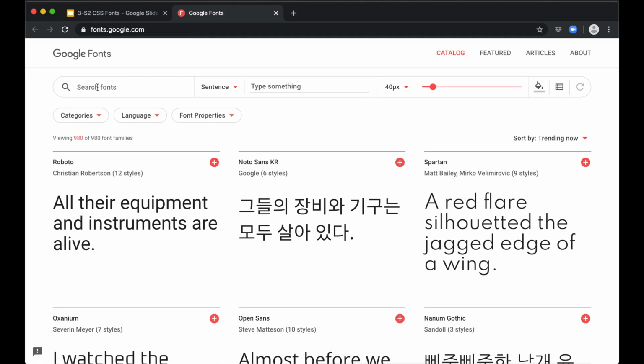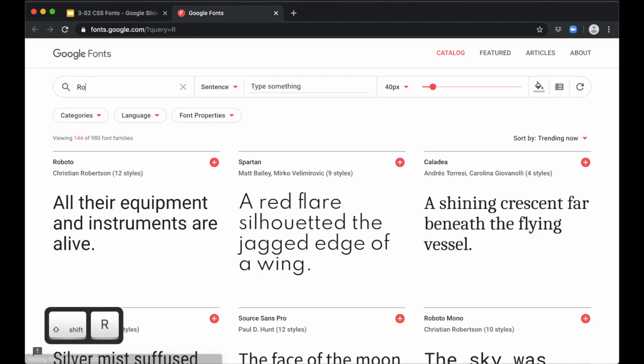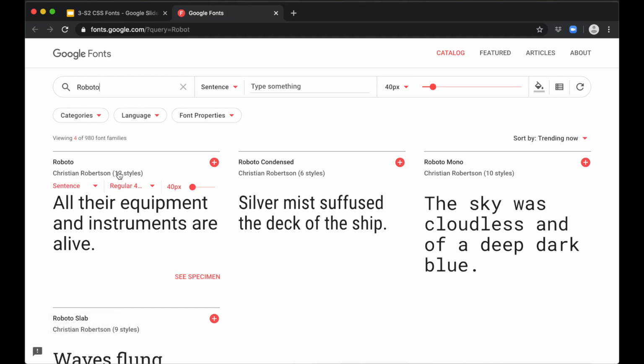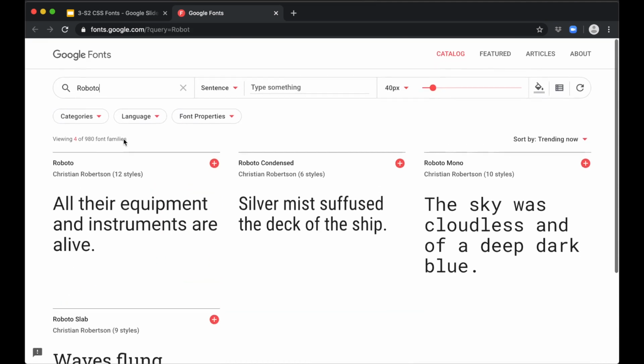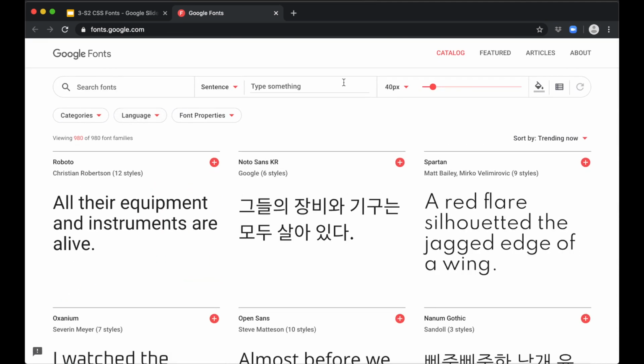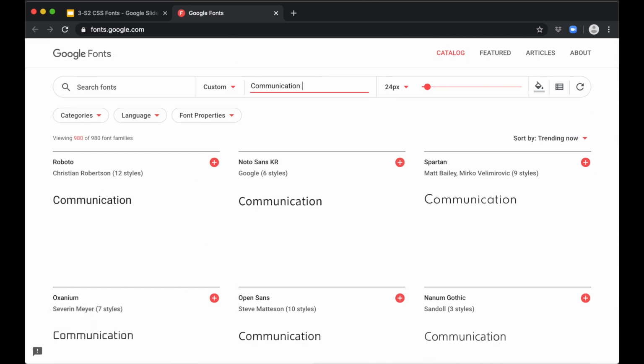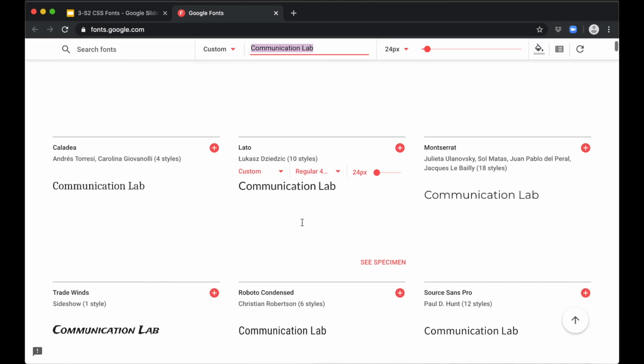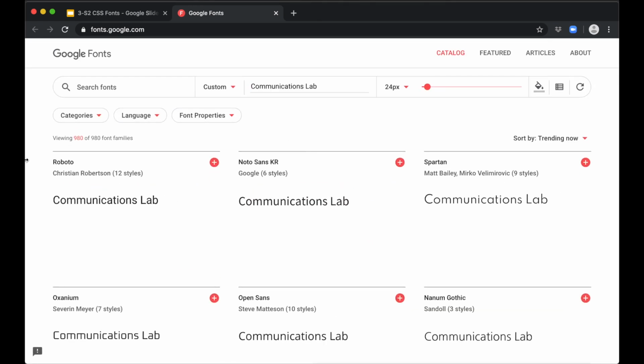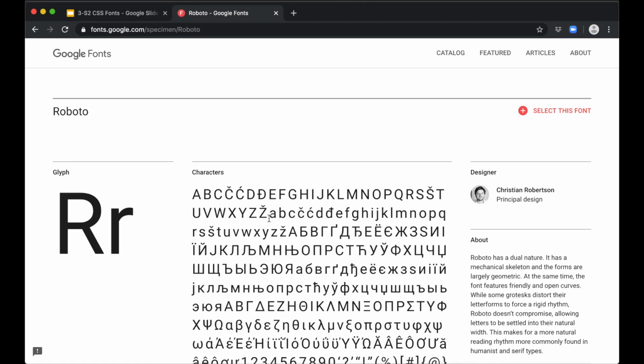You can search for a specific font you have worked with, and also you can check those fonts with your own text. I actually love the font Roboto, so why don't we take a look at this? This is Roboto,